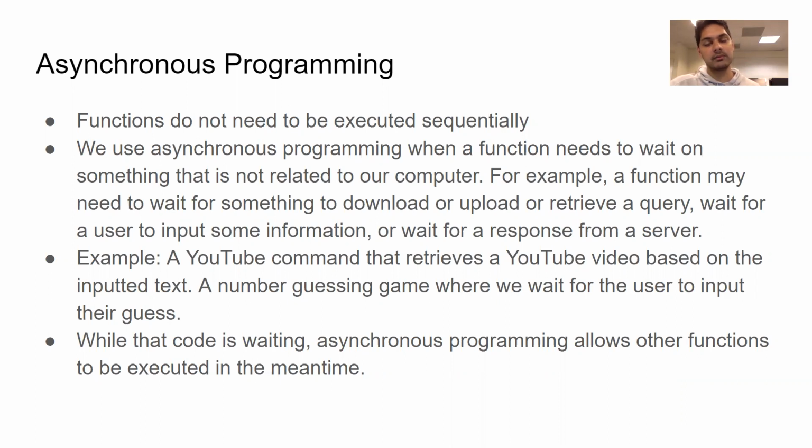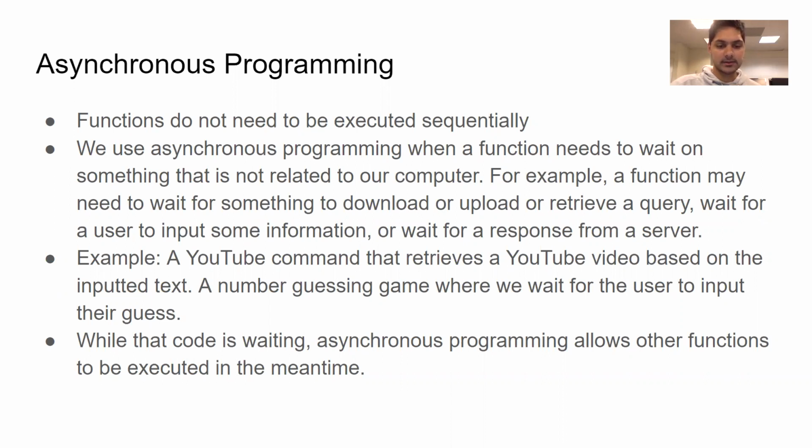So person B can show up while person A is in the bathroom, away, not guessing, not actually playing the game, and person B can use a YouTube command. What's going to happen is that the YouTube video is going to be sent before person A sends their message. So asynchronous programming means you can do things out of order, essentially.